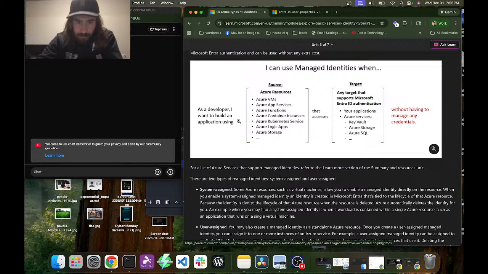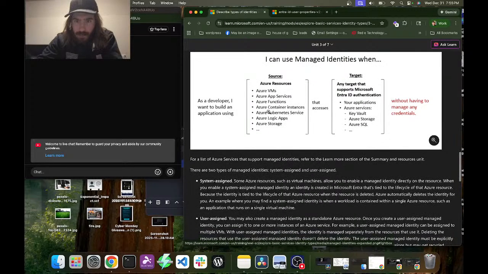So as a developer, I want to build an application using the source, which is different types of Azure resources: Azure Virtual Machines, Azure App Services, Azure Functions, Azure Container Instances, Azure Kubernetes Service, Azure Logic Apps, Azure Storage, and so on and so forth.